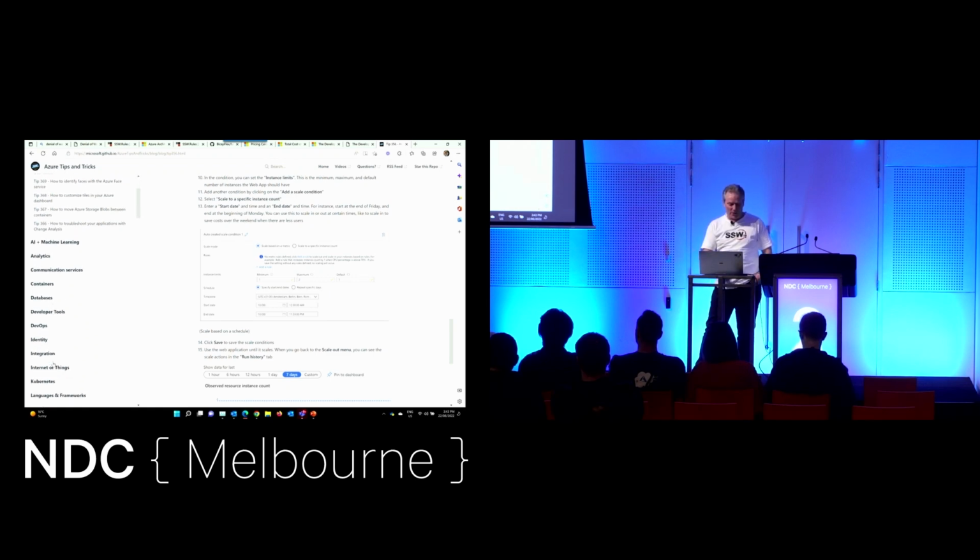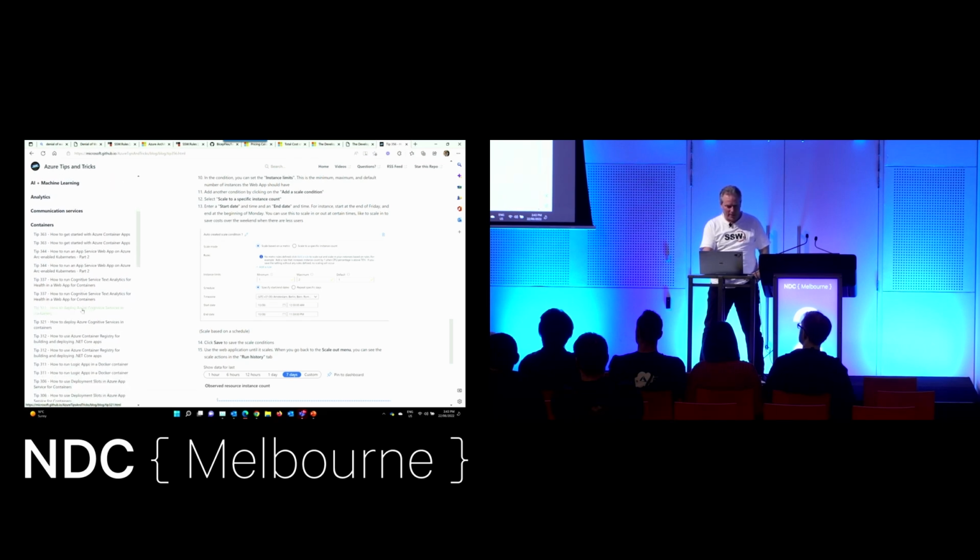And if we want to look at the containers here, okay, we can click on containers. We've got lots and lots of stuff here about containers, so that's all good. So you can find lots of, it's all nicely categorized. Or we can go to George, our